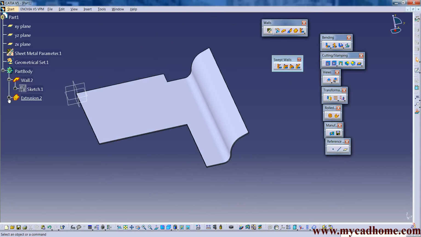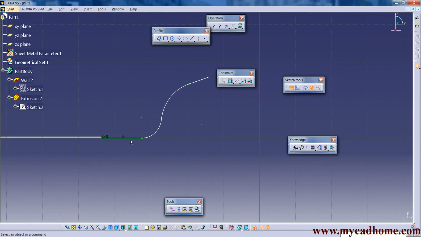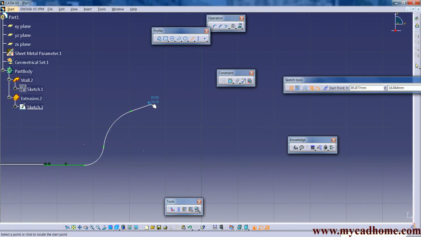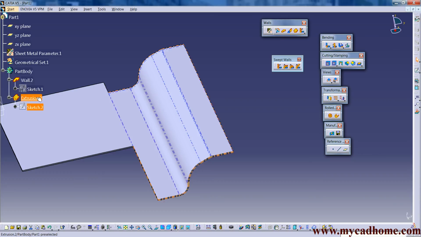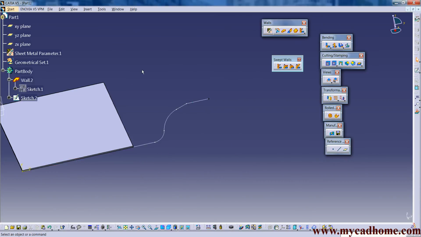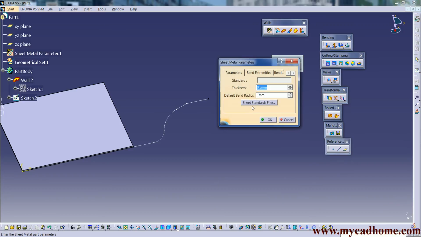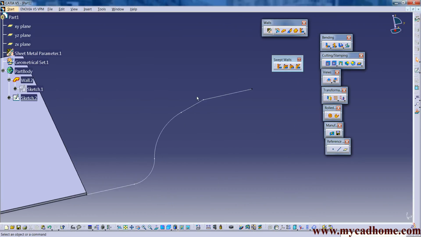The automatic bend is also a simple thing. Like in this case we can see the sketch is fully tangential to the sketch plane or circle. Now if we create a line which is not tangent, then in this case what will happen? The sketch will automatically define the sheet metal parameter bend radius, that is 1 mm. It means when we extrude it, it will apply a radius of 1 mm here.